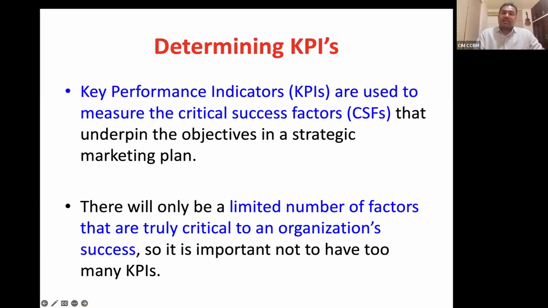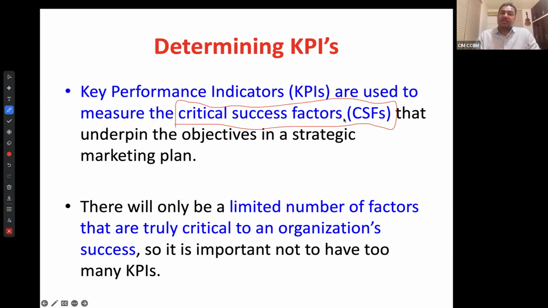And what do you mean by key performance indicators or KPIs? KPIs are used to measure the company's critical success factors. So you're learning two keywords. A critical success factor, as the name suggests, or CSF, means the factors that are critical to succeed in an industry. Now, if you take the airline industry, the factors that are critical to succeed in the airline industry might be on-time departures,